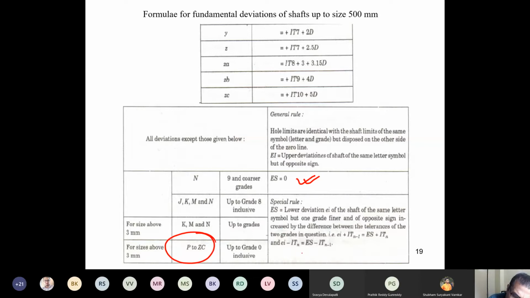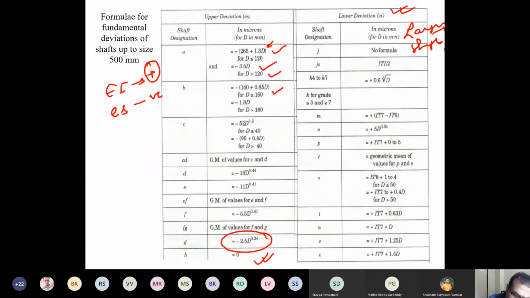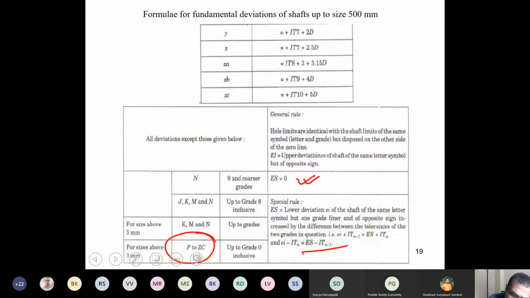So what you do is you don't use symmetry, but you use ES = IT N minus 1. So if it is P, then I'll have to go. If you go ahead and see P for shaft, what do you see? P for shaft is IT7 plus 025. But for hole, you know what will happen? It is IT6, because it says